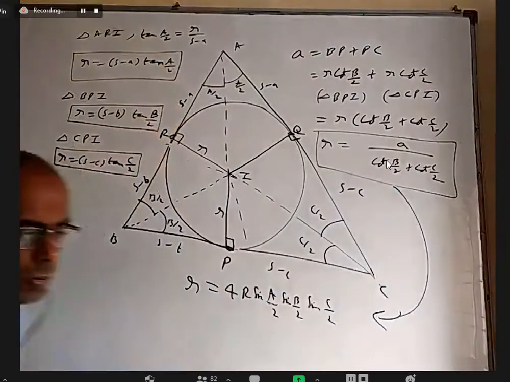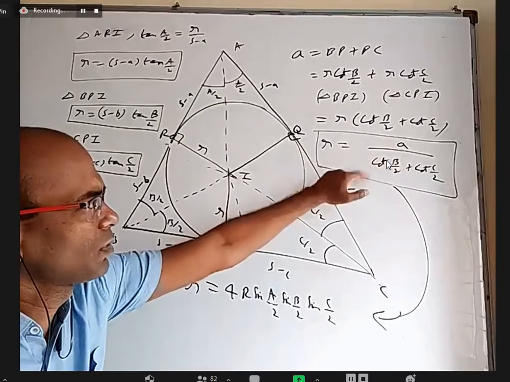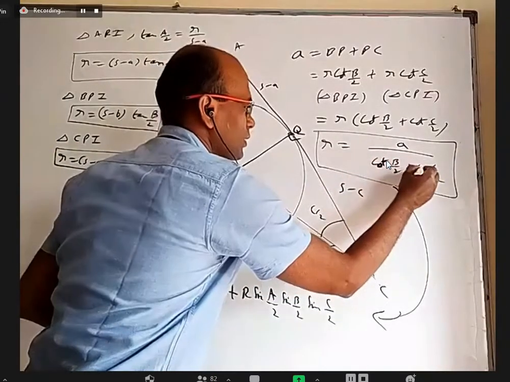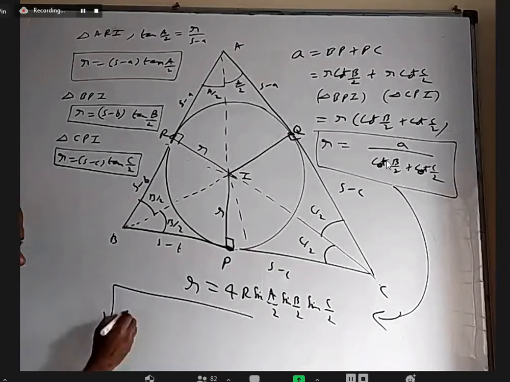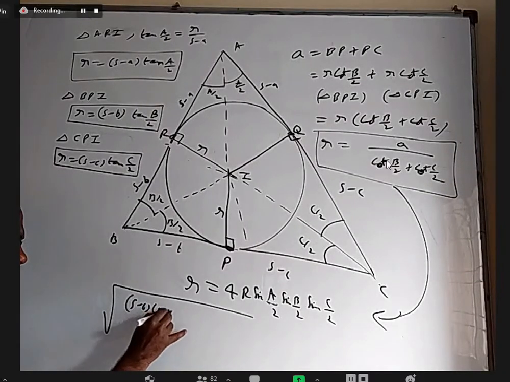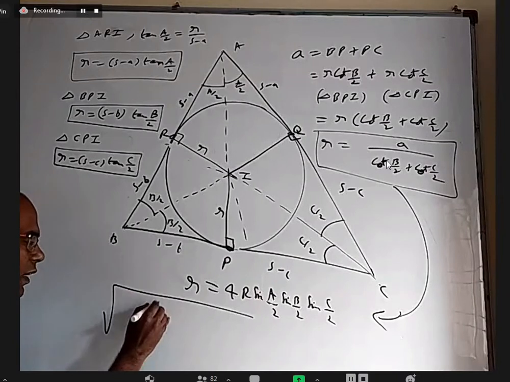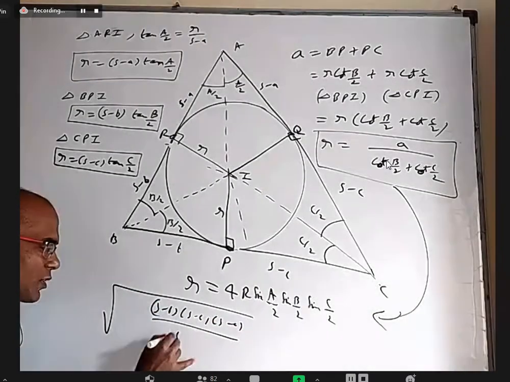So this formula is derived actually this way. First, this is proved. I wrote a as 2R sine A, and this you write cos by sine, cos by sine. But if at all you need to prove it, I'll just start with RHS. What is the sine A by 2 formula? Square root of s minus b into s minus c by s into s minus c. A similar formula when you use for sine B by 2, sine C by 2, some will cancel. You will finally get s minus b into s minus c into s minus a by s cube.